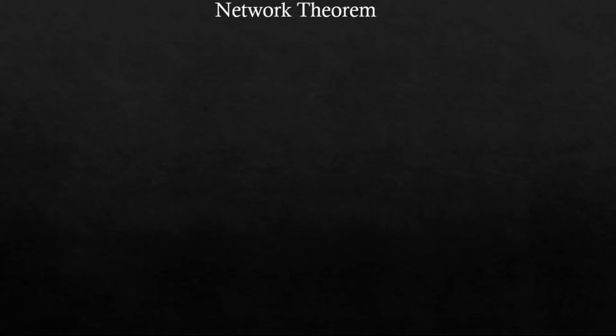Up to now, we have seen just the basics of network theory. That is, we have seen the network elements, which are resistance, inductance, and capacitance. And we have seen the connection of those elements, in which we have seen 3-4 types of connection, like series and parallel connection, and delta and star connection. And we have seen how to find equivalent of those connections.